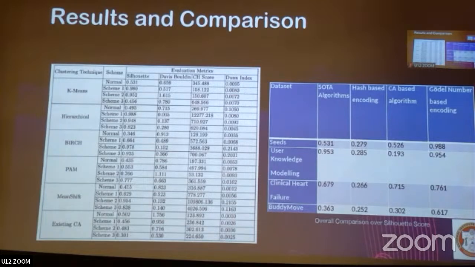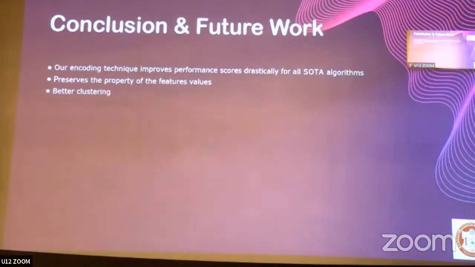You can see that for Gödel numbers based encoding, sometimes it is drastically improving the result, or otherwise it is improving the result over the existing results. So for all the SOTA algorithms, it is quite improving the results, moving them towards the optimal score. So this gives us the idea that our encoding technique improves the performance of all existing clustering algorithms